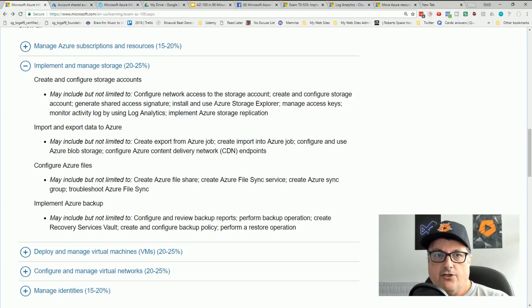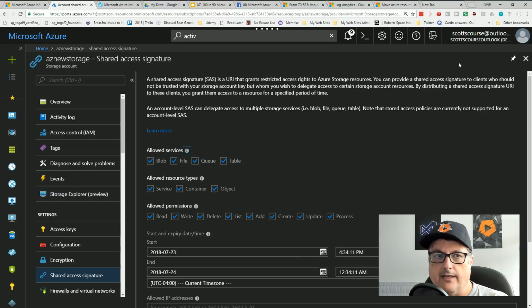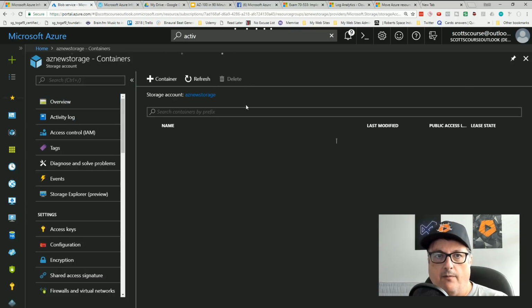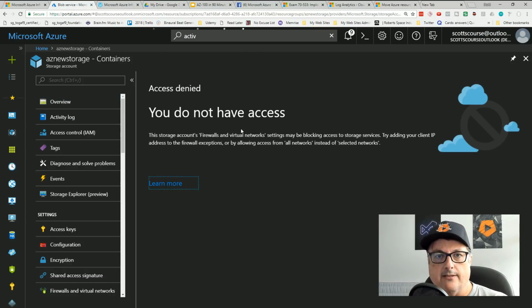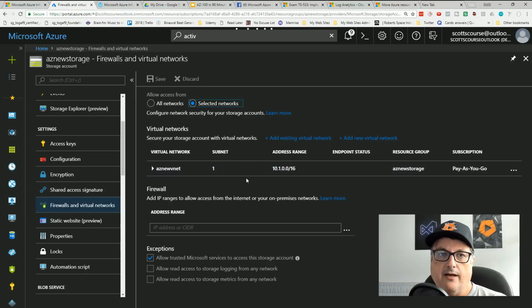Now, Azure Storage Explorer. This is relatively new as well, right? A couple of years ago, you had to use external applications to upload a file. I guess you can go to your overview, go into your blob. Oh, that's right. Because I restricted this, your client IP to the firewall exceptions. Interesting. Because I restricted this to a virtual network, I myself don't even get access to it. That's cool.